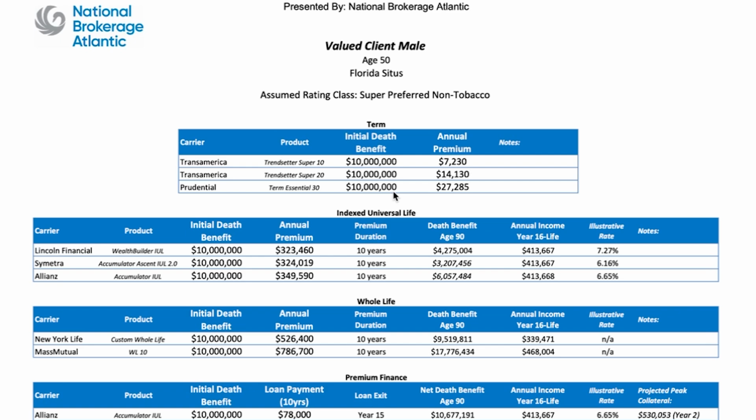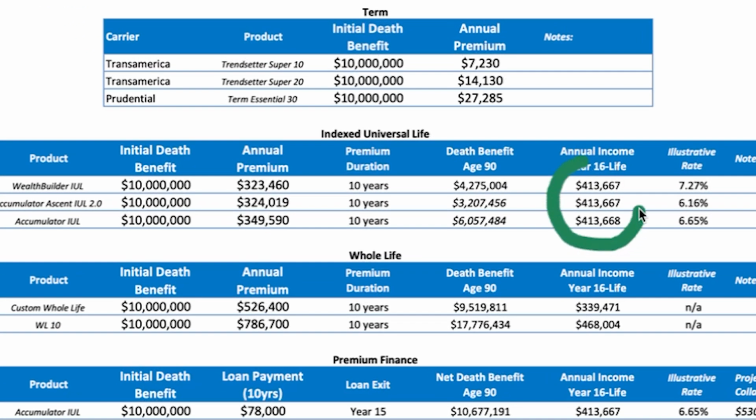There are really two different types of permanent life insurance. You can do index universal life, and you can do whole life from a fixed perspective. Index universal life is a permanent policy that allows for overfunding of the premium. Above the cost of insurance, the policy charges fees and expenses, and you can put excess premium payments in, which create a cash value. Sticking with the $10 million theme, with Lincoln, Symetra, or Allianz, if you were going to fund it for 10 years to try to match the same tax-free distribution that we've created for you in the premium finance design,